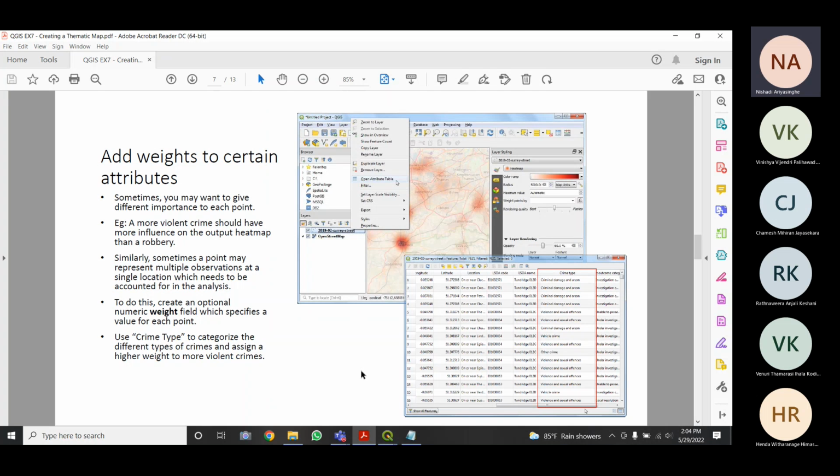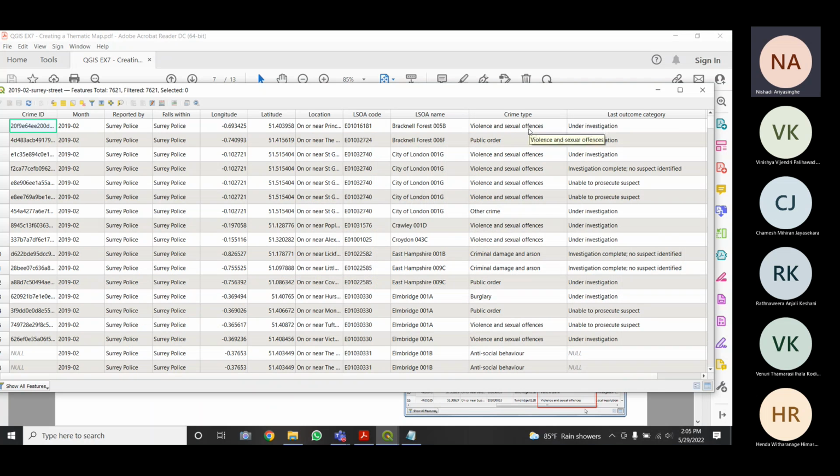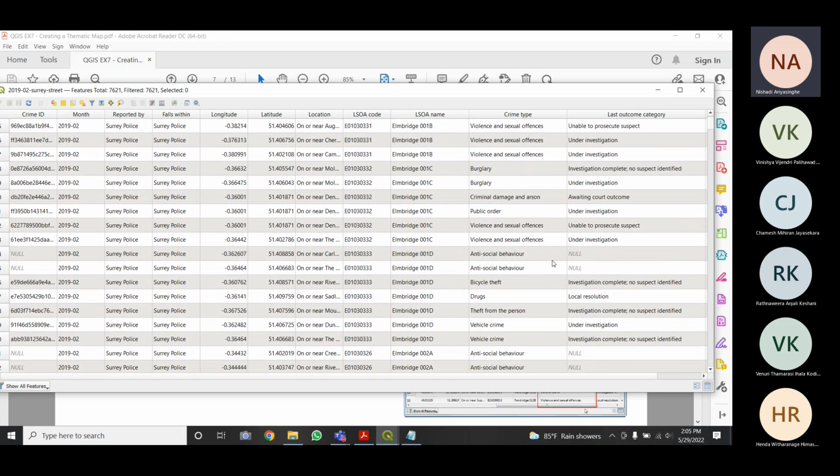Unlike the other criminal activities. So let's say violence and sexual offenses, that is also a very critical crime type, right? Burglary is less critical relative to violence and sexual offenses, criminal damage and arson, right?